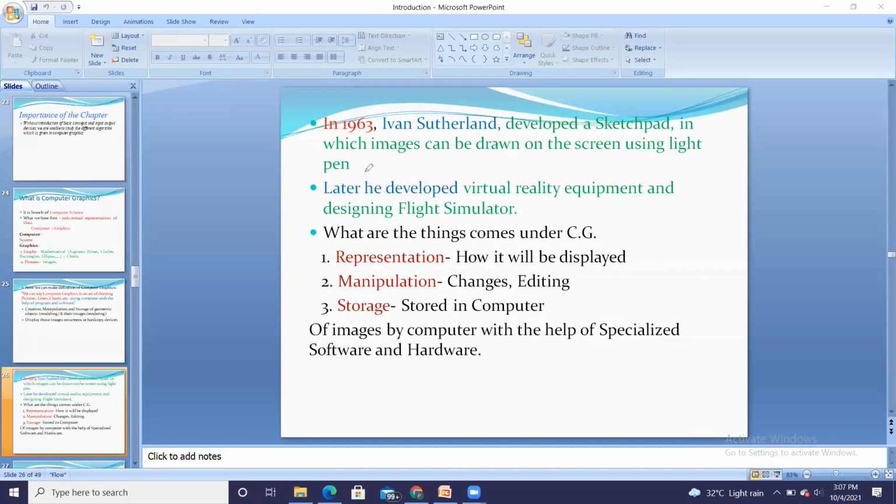So what I have done is I have drawn the bigger circle.